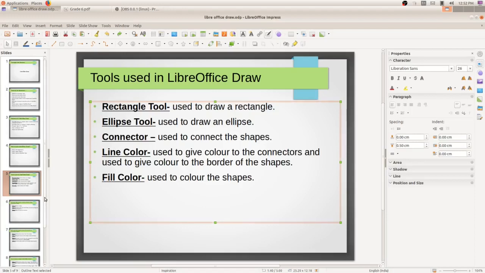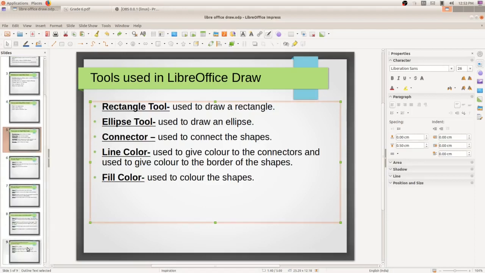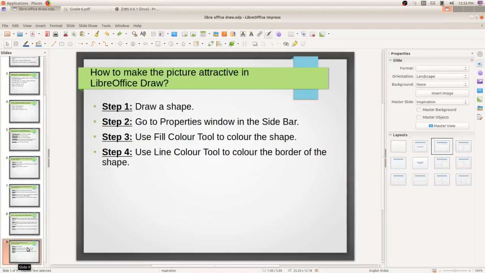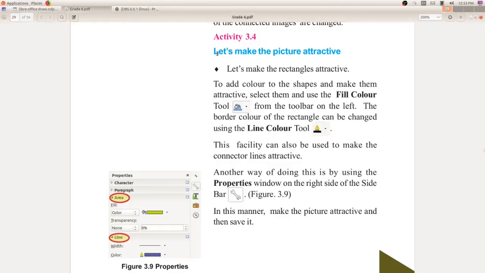Now we will move to the last topic, how to make the picture attractive in LibreOffice Draw. In your textbook it is given on page number 29, activity 3.4, let us make the picture attractive.